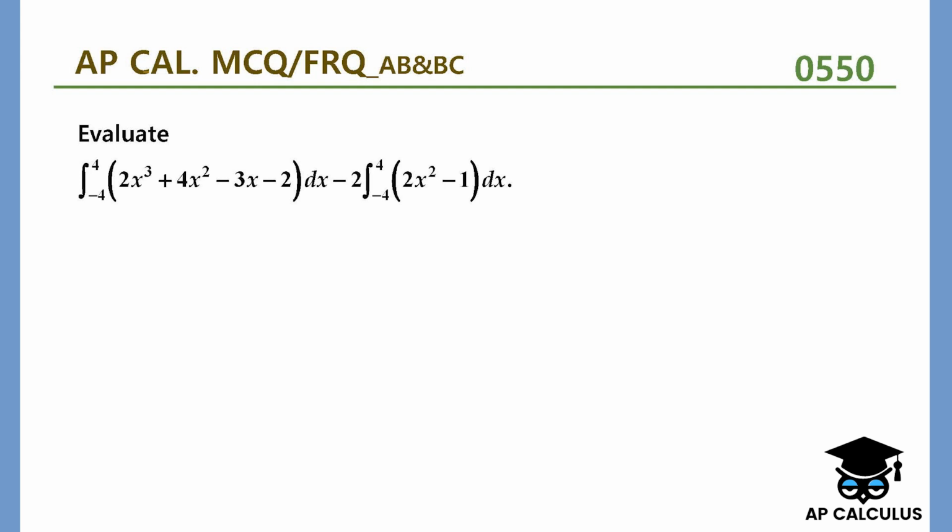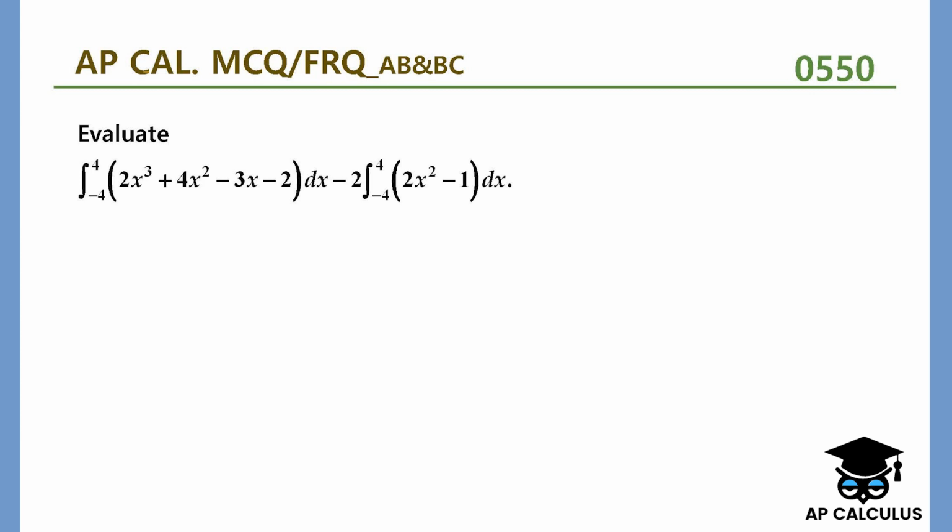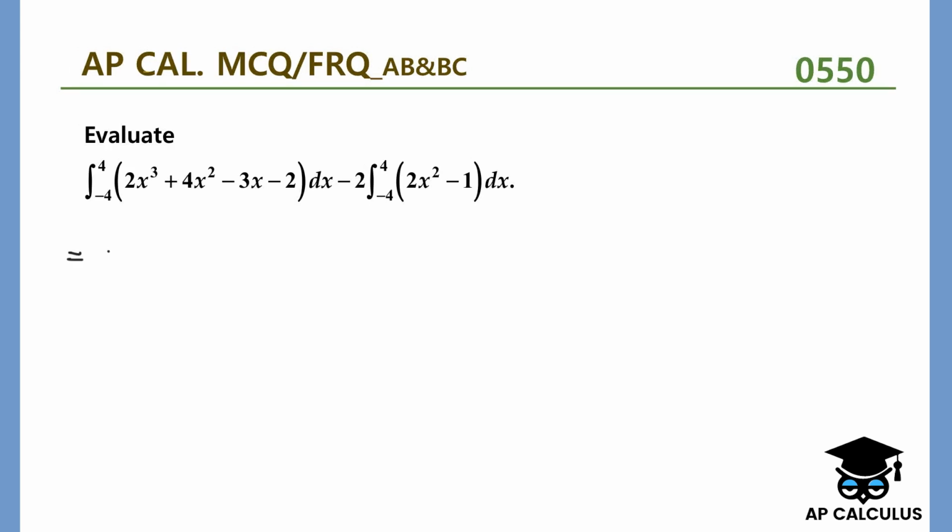Question 550. This question is to evaluate this definite integral. If we have the same lower limits and same upper limits, then we can always combine these integrands and simplify them. Okay, let's try this. So this integral is equal to, from -4 to 4, we have 2x cubed plus 4x